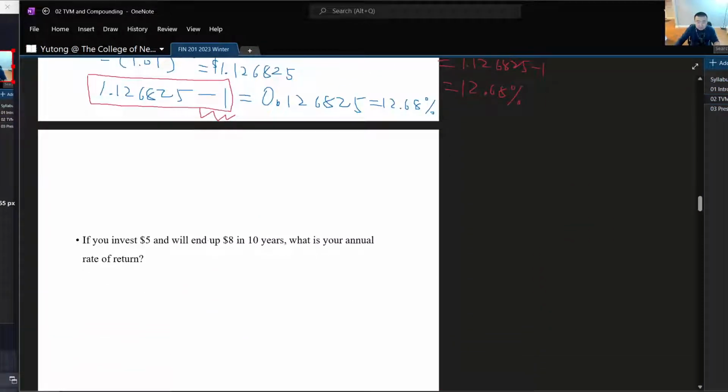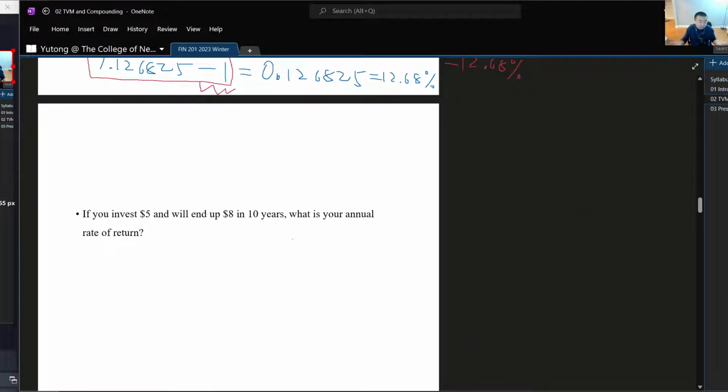So we can also turn around and figure out the return. So if I invest $5,